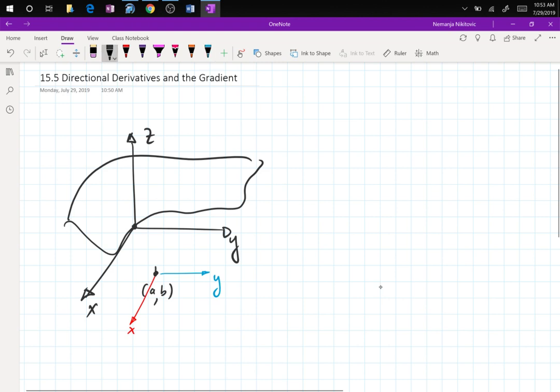Now, when you bring this point up and hit the surface, this point on the surface